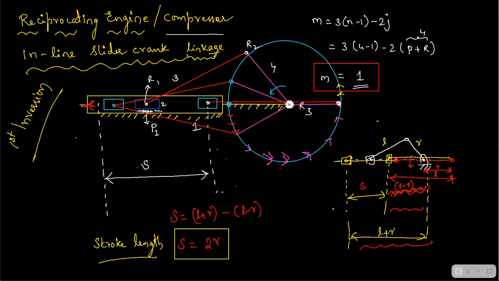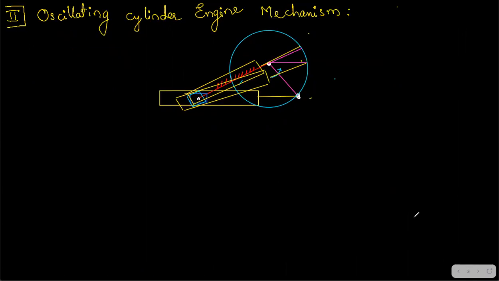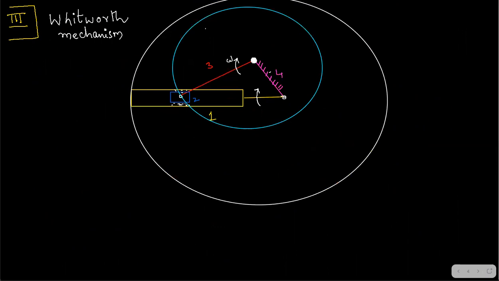Come to the first case, adjacent to the shortest link. So this, 4, is the shortest link. Adjacent to the shortest link you got the reciprocating engine, right? And this is also adjacent to the shortest link, you got the oscillating cylinder, right? And then this is your Whitworth quick return mechanism, which is also called the rotary engine or GNOME engine, which